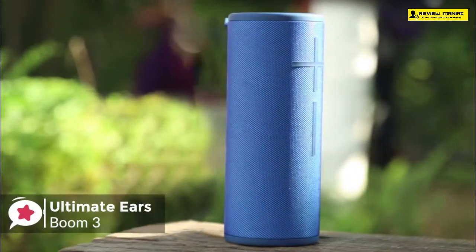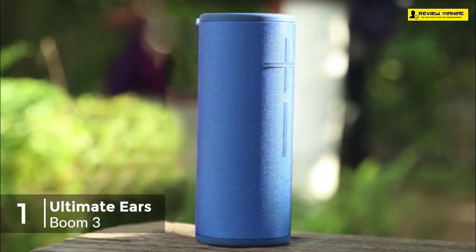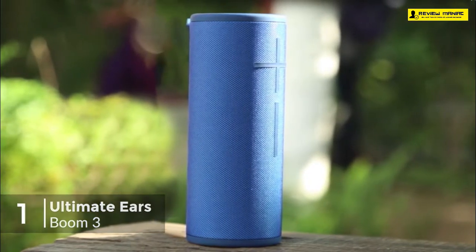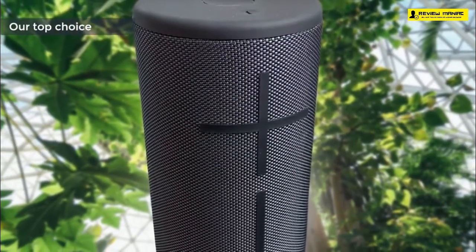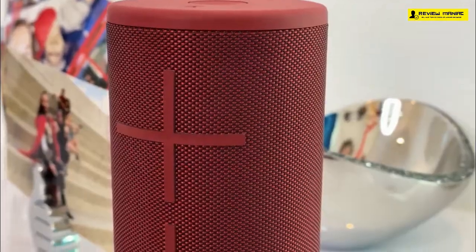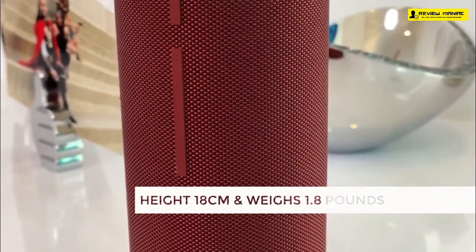At number 1 is the Ultimate Ears Boom 3 Bluetooth speaker. Sporting an updated design and lots of advanced features, the Boom 3 also includes a new magic button that puts Apple Music playlists at your fingertips. Surprisingly, it's also cheaper than before. Let's take a look. Design-wise, the UE Boom 3 has a cylindrical build for 360 sound with a height of